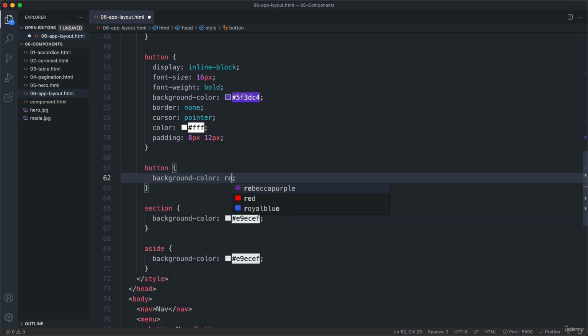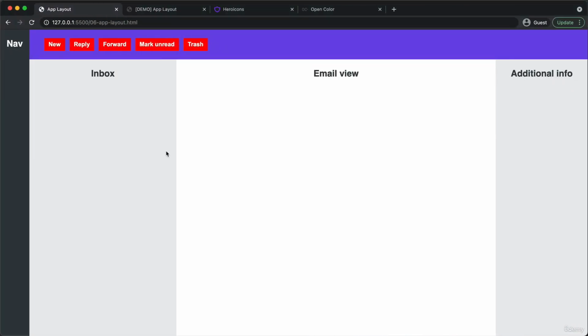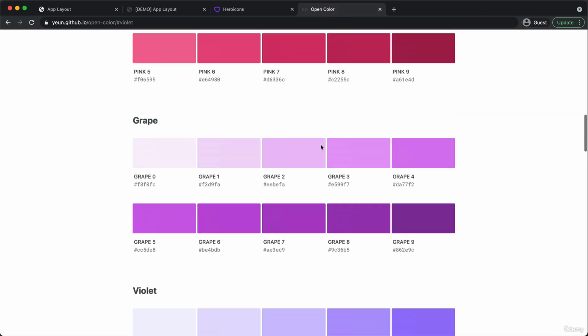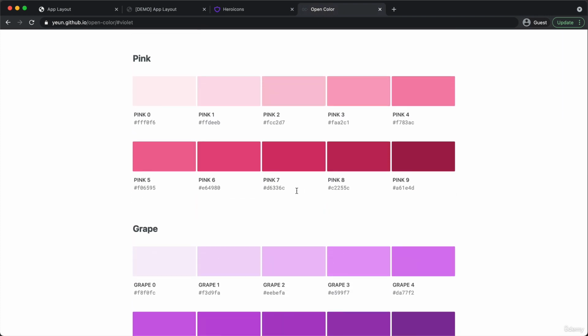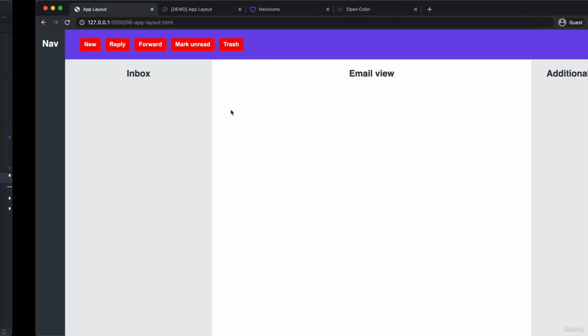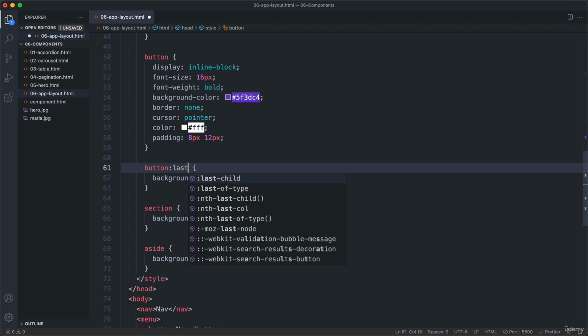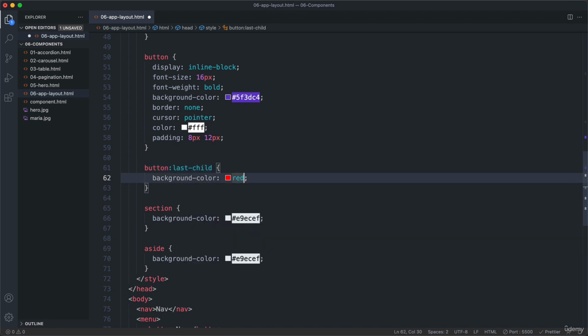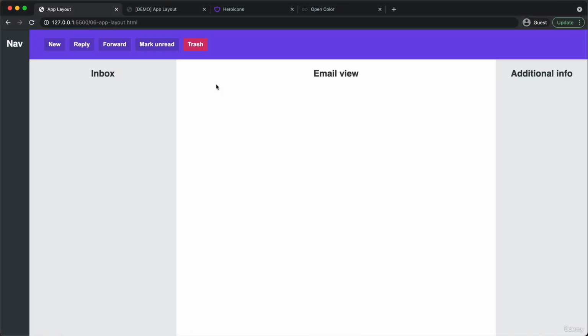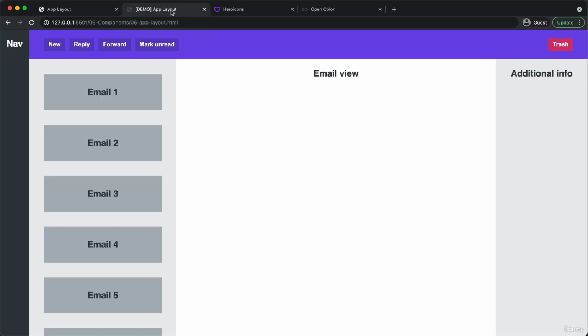So button, and then a different background color. I'm just using red for now, but the actual color, well, that doesn't really work. Let's fix that in a second. Here I'm just going to get some nice pink color here, which matches beautifully with this one here. Oh, of course, here I actually forgot to write it. So last child, and then that color. Okay. So that's red, and now it looks almost the same, but the difference is that this very last element